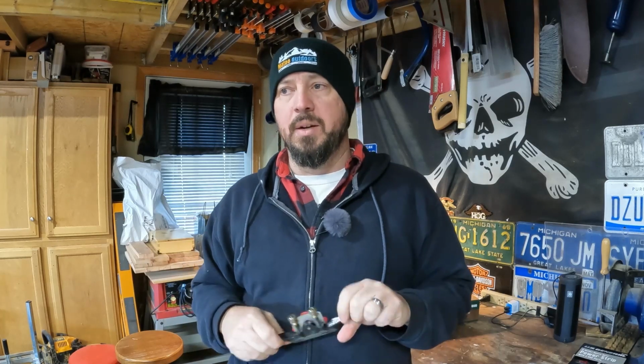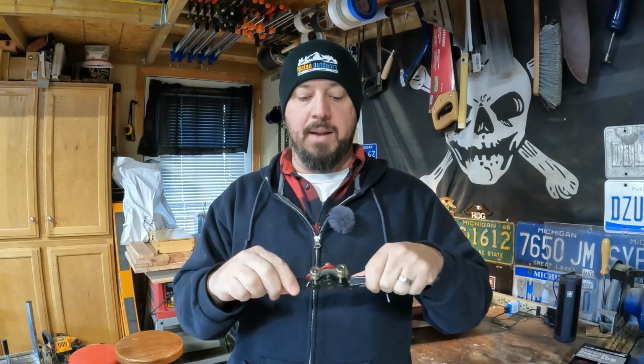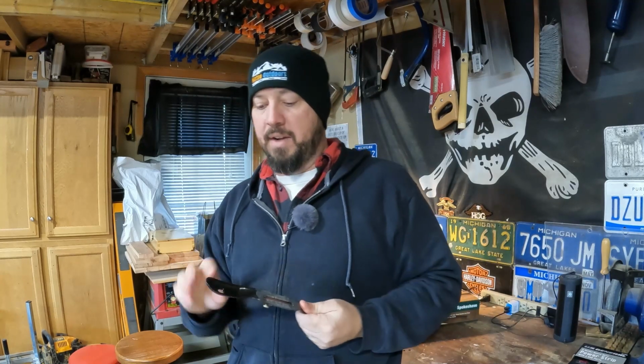They have curved ones for inner, concave curves and things like that. They have specialty Spokeshaves, pretty much all different kinds, but this flat bottom Spokeshave is probably the most popular. I bought this one on Amazon,